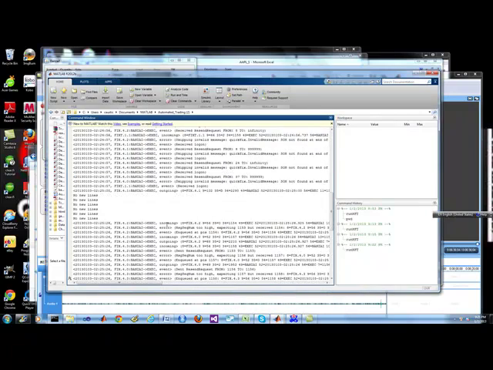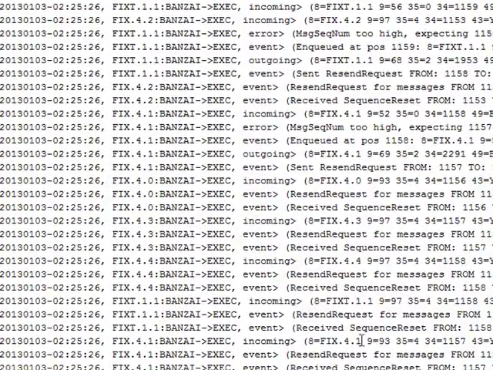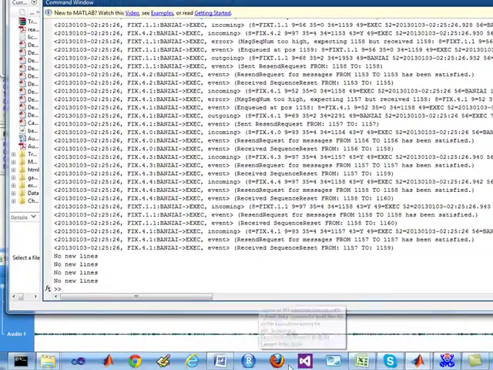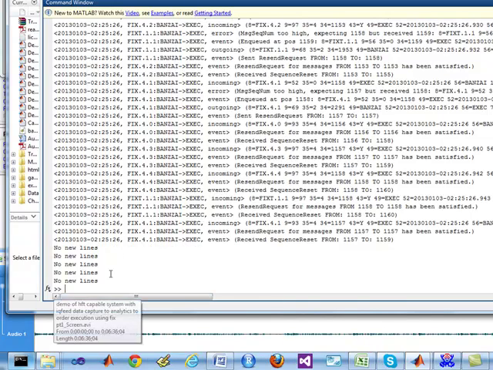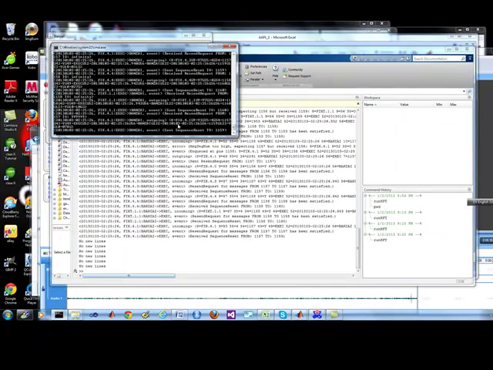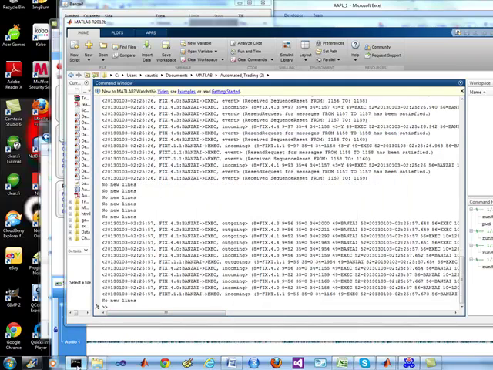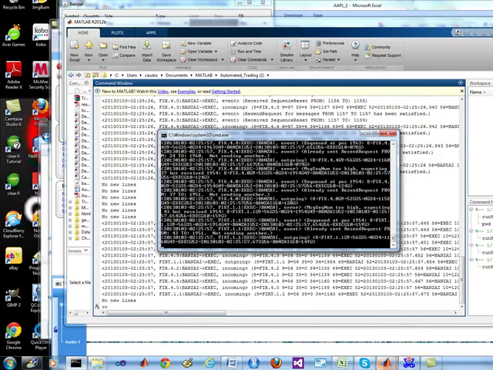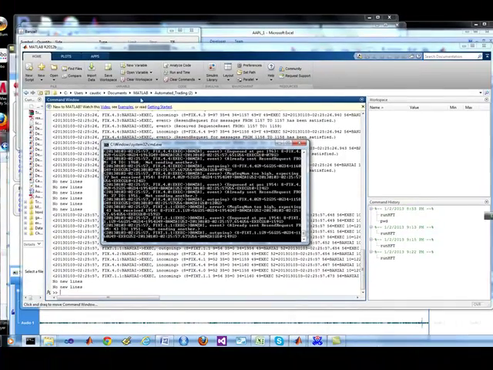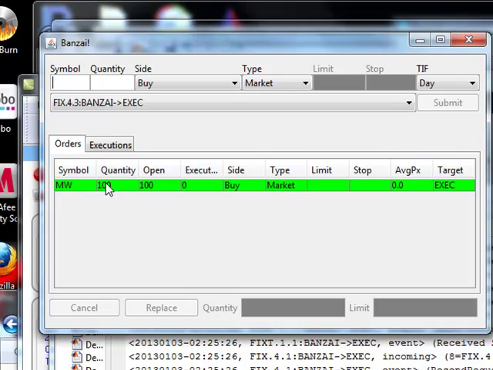This is all the order information from Matlab to the Bonsai app and to that server, and it also has a heartbeat. That's why you're going to occasionally see some messages go back and forth. Here's another heartbeat as well for the different quick fix consoles. And then there's obviously the Bonsai app itself, which is right here. So in green it's put the sell in of 100 MW, and that's it.